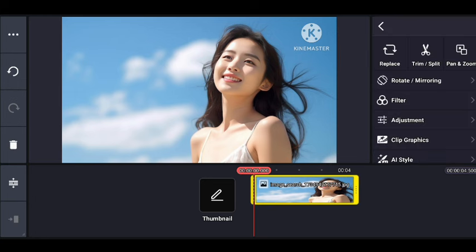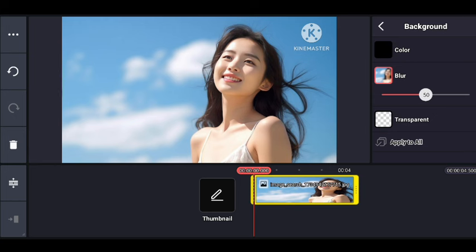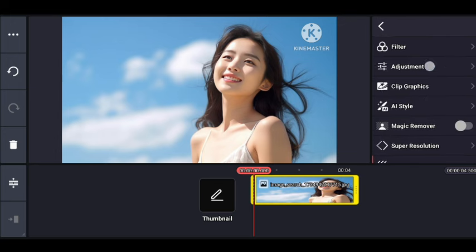Then click here, and first of all you will manage your background like this, then you will click here and click on adjustment